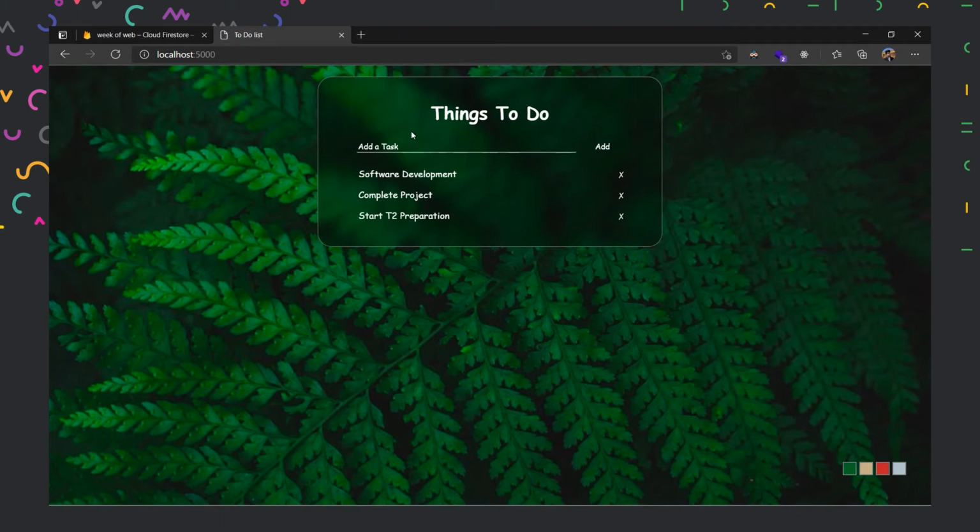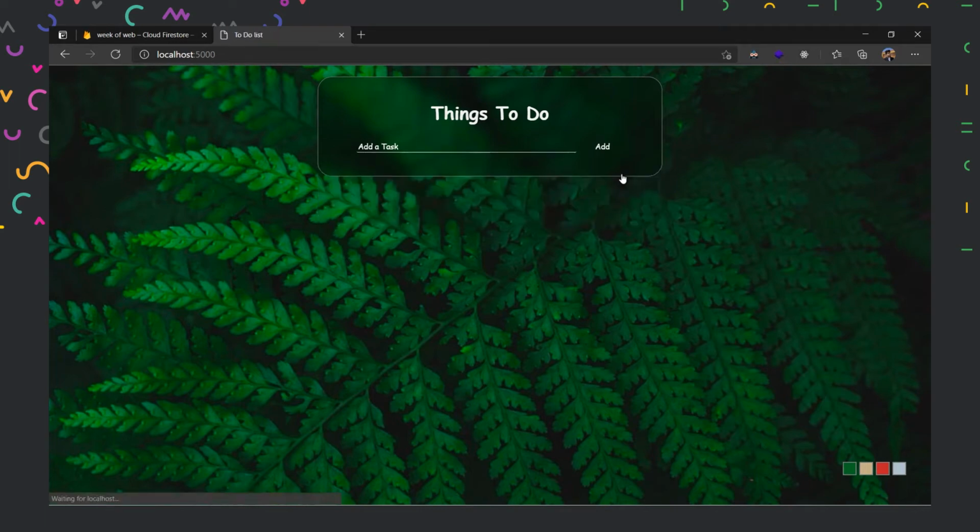So our create API is working. It is creating items and they are being displayed on our page. Our get is working that way, our create API is working that way, and our delete API is also working. And that is how our whole application is built. So this was all about full stack development.